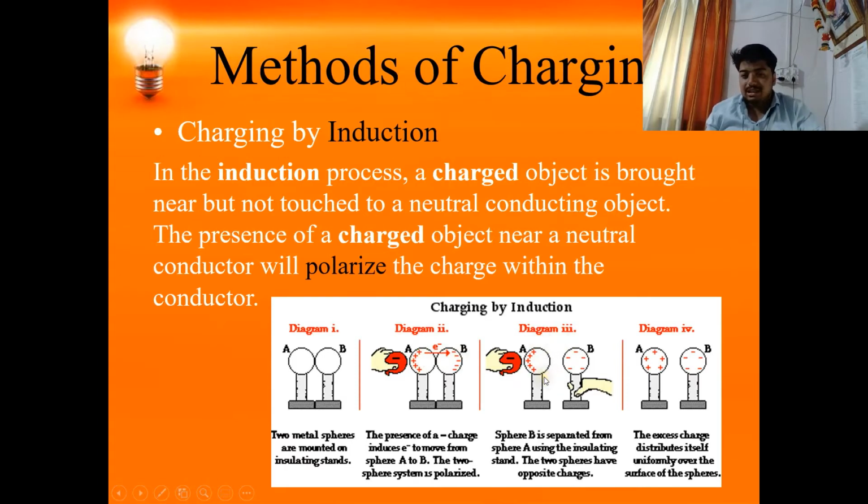Now, when I move A and B apart, all the net positive charge gets accumulated on A and B gets a net negative charge. When I take the negative charge away, all the positive charge on A gets equally divided over its surface, and the net negative charge on B also gets equally divided over its surface. This is called charging by induction. That is, by bringing another object near these two objects, without touching them, I have charged these two objects with different polarities. This is how charging by induction occurs.